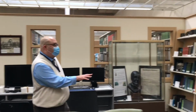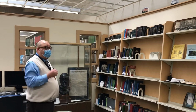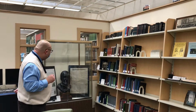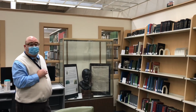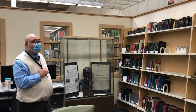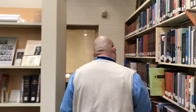Over on this side, we have more denominational materials for local researchers. A lot of this is United Brethren and Evangelical United Brethren. The bust of Bishop Milton Wright. Bishop Milton Wright, of course, is a very prominent figure in the history of our seminary. He was best known as being the father of the Wright brothers. So more local history materials, seminary bulletins, and the final stop on our tour